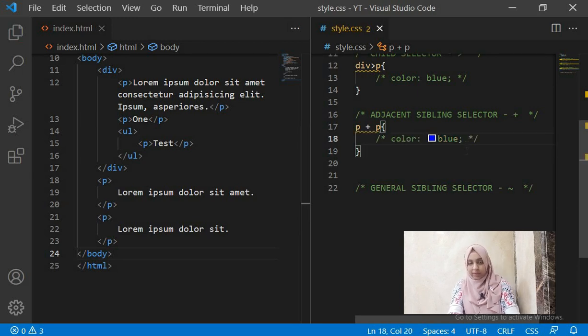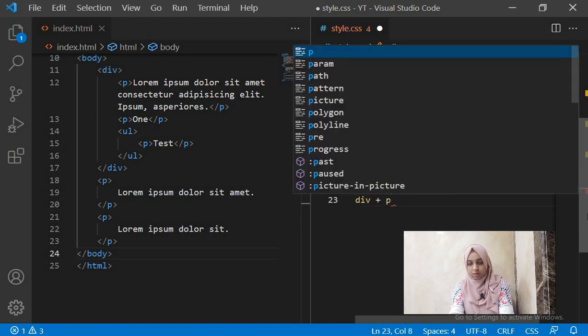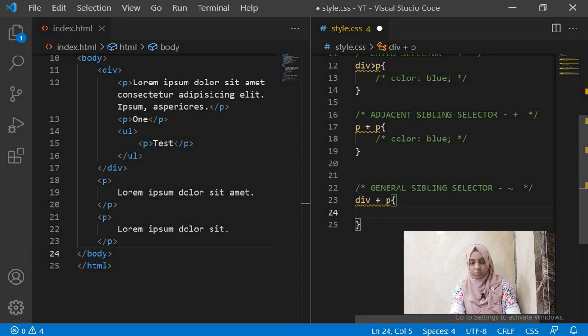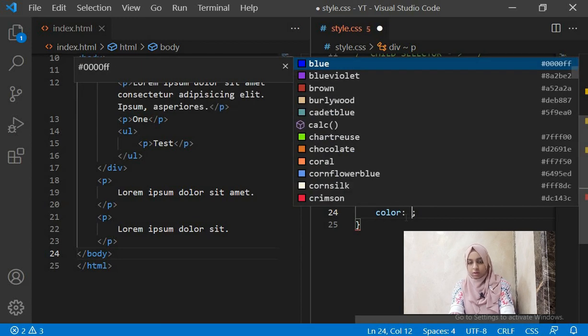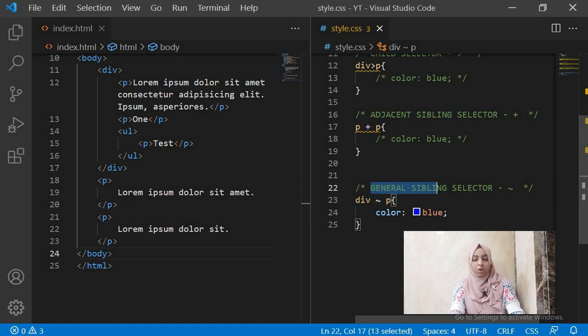Now let's comment this out and look at the general sibling selector, div tilde p. Let's give this a color of blue again. What do you understand by the name general sibling selector?